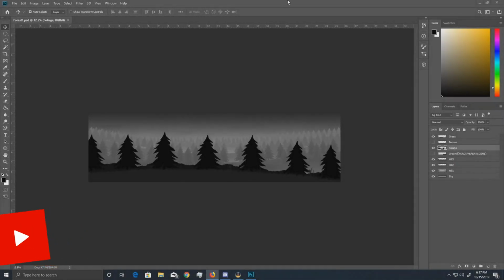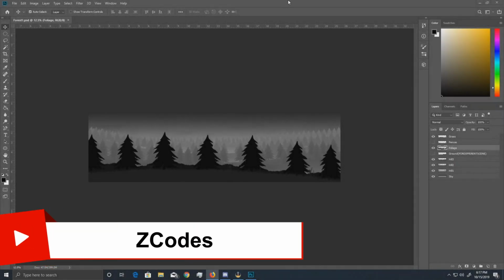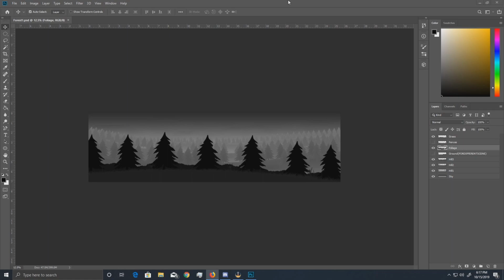What is up, guys? It is Ecos, and I'm back here with another Unity tutorial. Today I'm going to be teaching you guys how to combine parallaxing with my frame switch system, which, by the